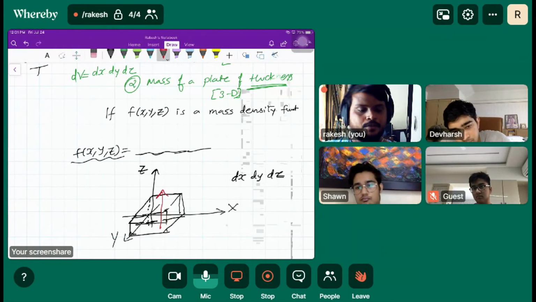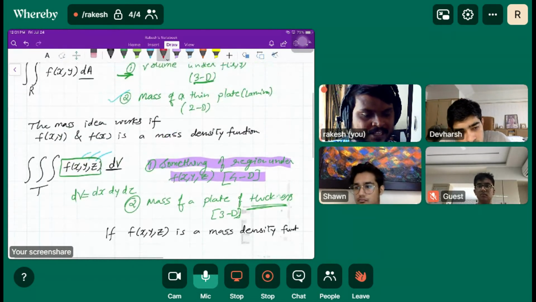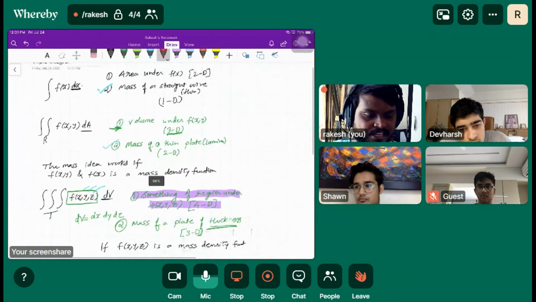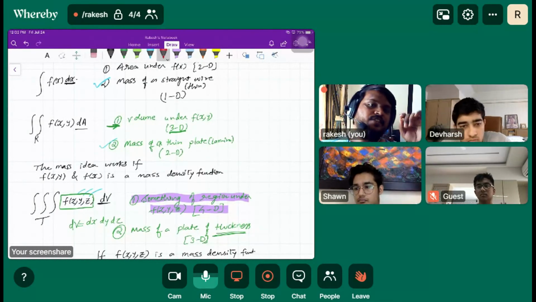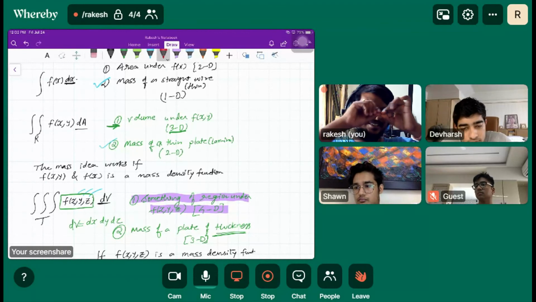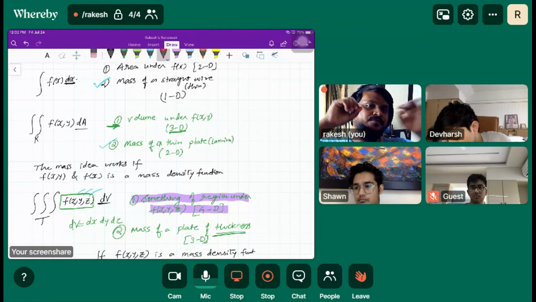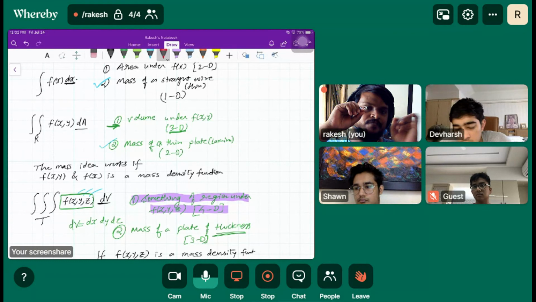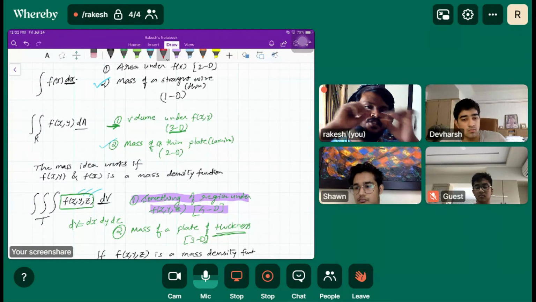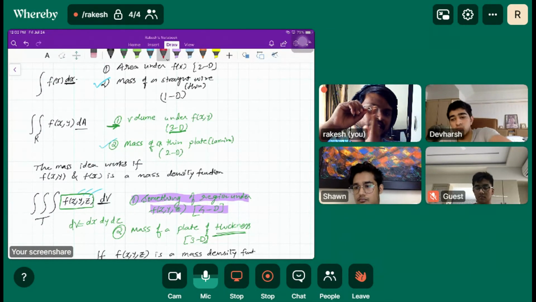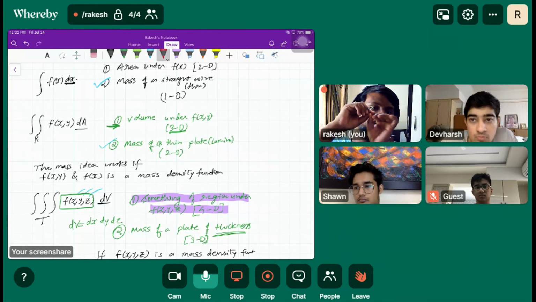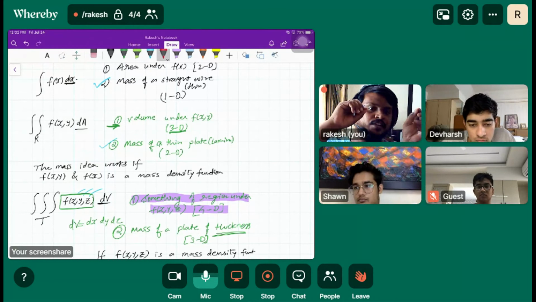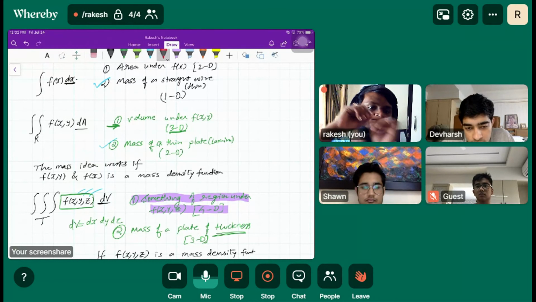So we stop here for today. The idea is very simple. You just understand this idea that I explained. The first integration will calculate the mass of a straight thin wire if we are given the mass density function. If f of x represents the mass density function of the wire, right? Because the mass density function will be integrated along the line, along the one direction. So that's why this concept is 1D.